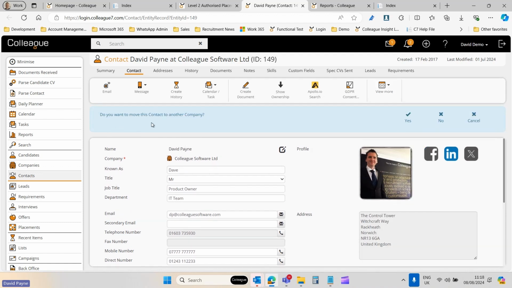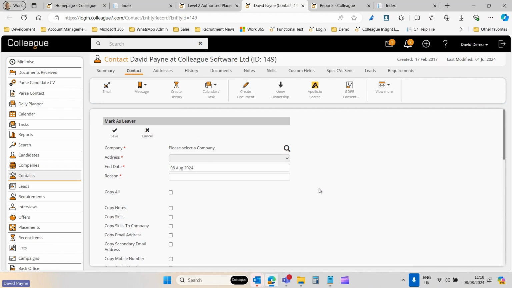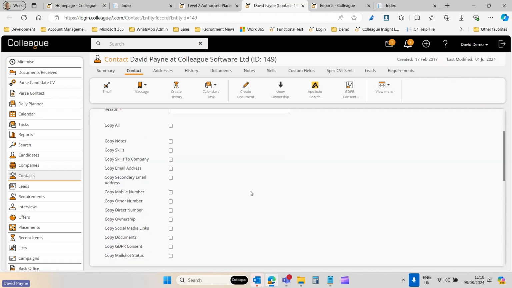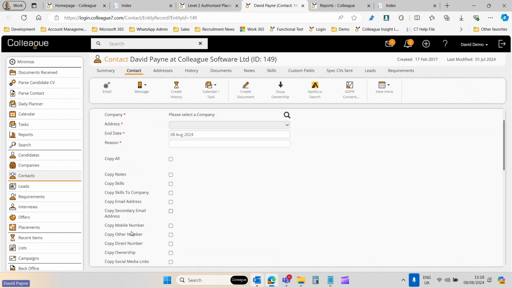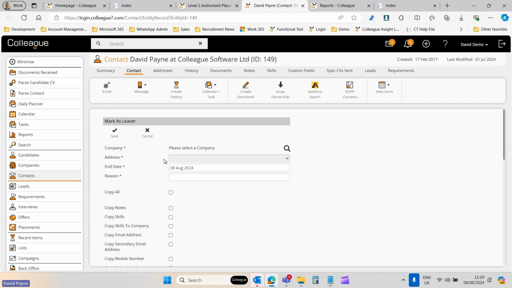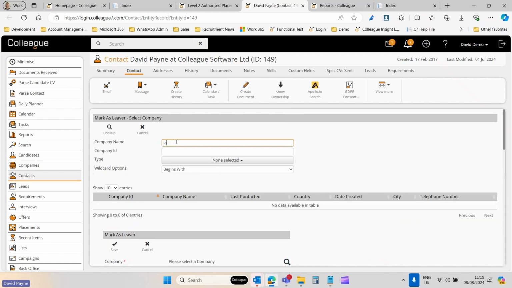You click on that option, it asks if you want to move them to a company, and you'll notice that we've added secondary email address, direct phone number, and also copy mail shot status. We're going to put these into 2 columns. It's a bit of a longer list, but for the time being it will look as it does, and you'll notice that it switches over to 2 columns soon because this list is getting longer and longer. It works by you selecting the company that person's gone to,